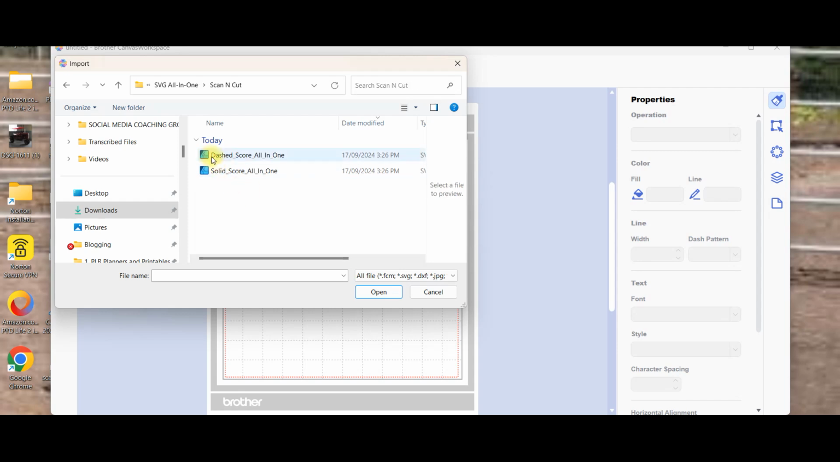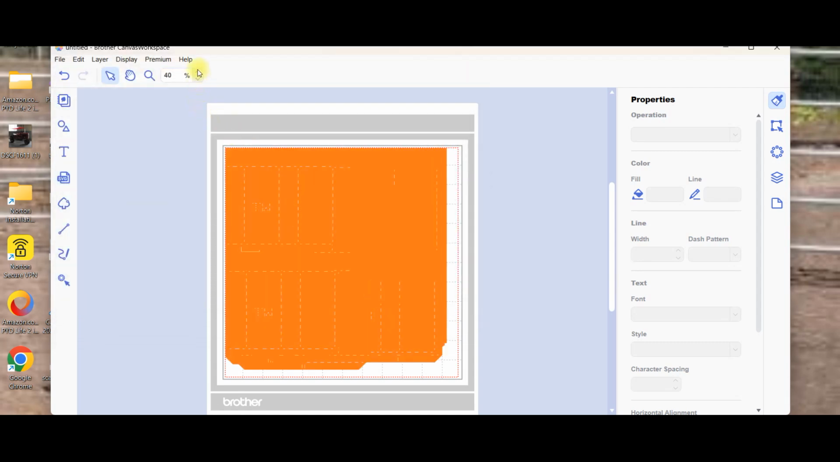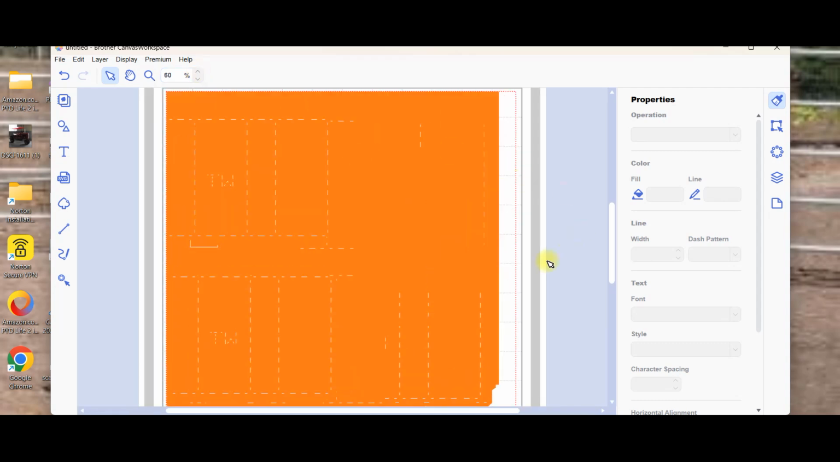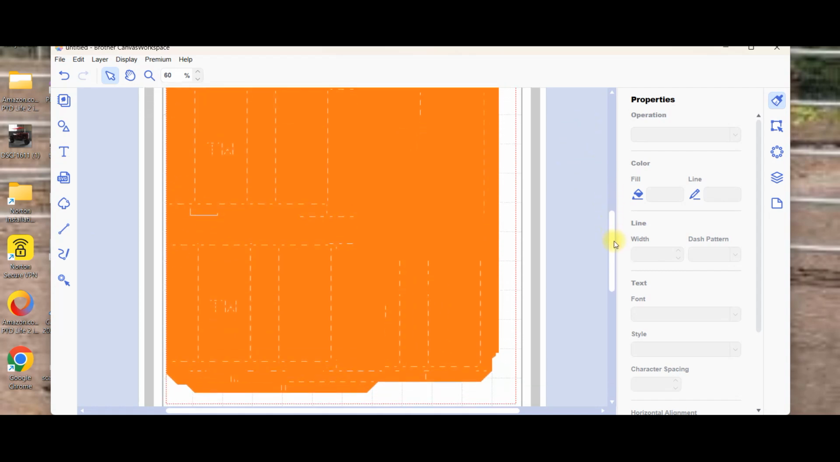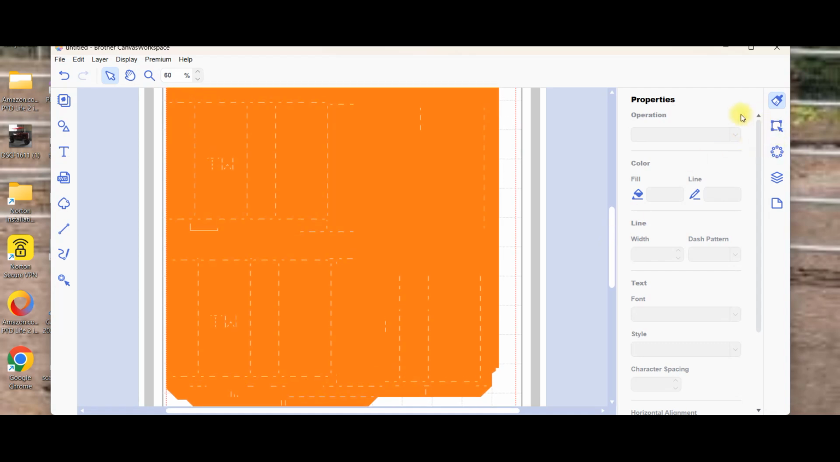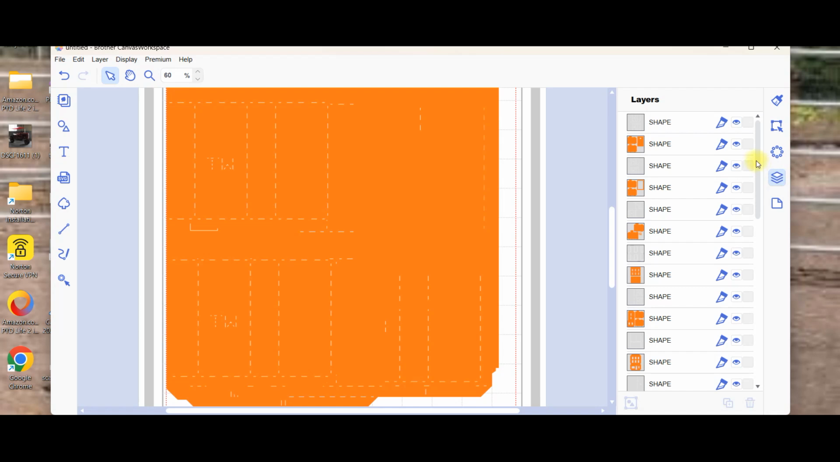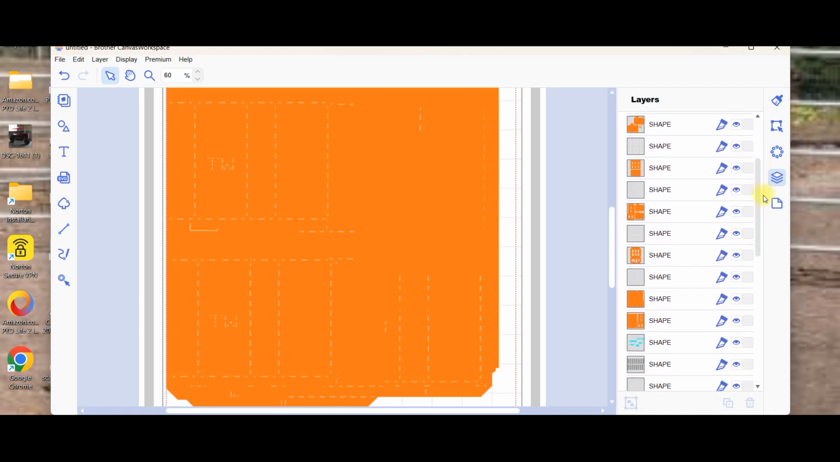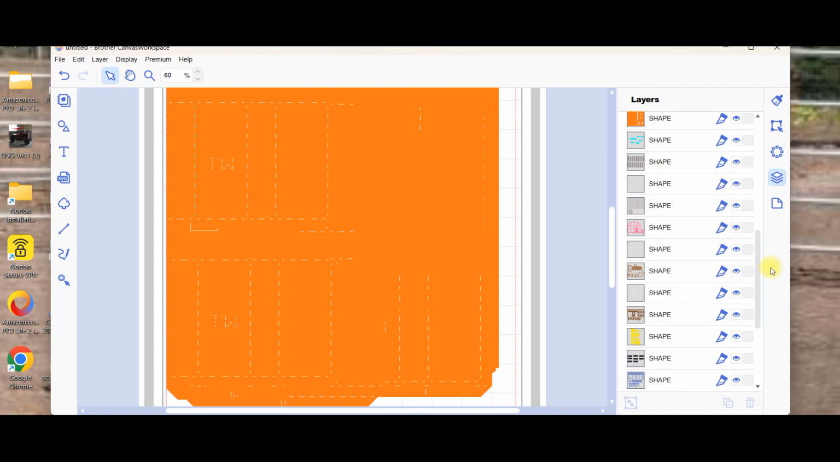We'll bring it in, and we will bring the dashed score lines in, and I'll just make this a little bigger so you can see the score lines are there, but what you can't see is one big, it just looks like a big orange file. A big orange file. If you look over here in the Layers panel, you will see it is huge. It's not exactly what you can see on screen at all,